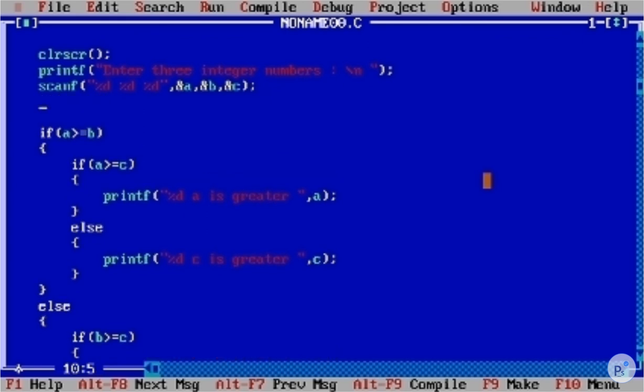You can do it in another way too. Suppose, let me put it here as a comment. If a is greater than b and a is greater than c, so obviously it's a simple way to check all the conditions. So a will be greater. Simply you have to do this for the other conditions.